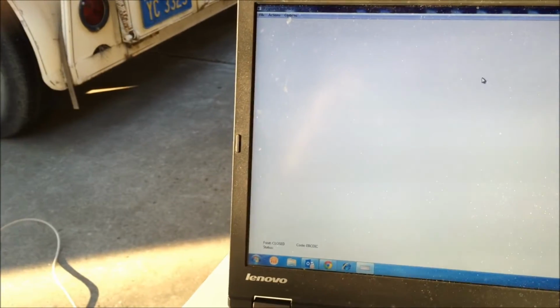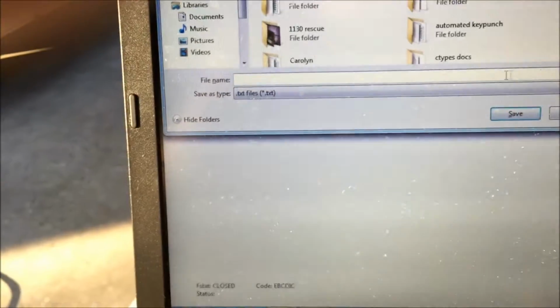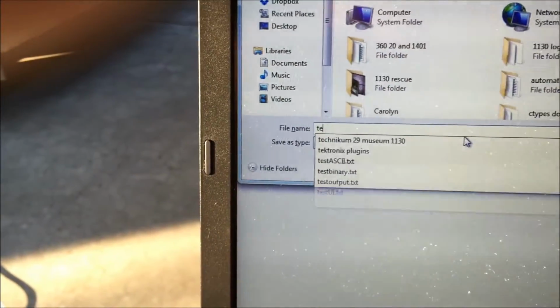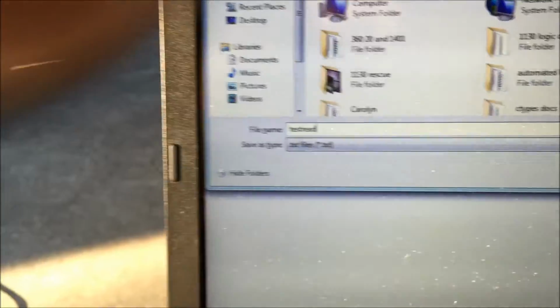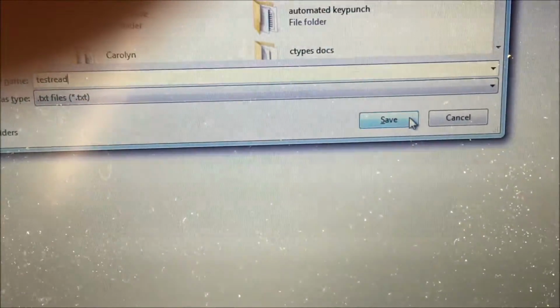And the way we're going to do that is we're going to first create a new file here. So in the program, I'm going to issue the file menu new, pick the kind of file that I want, this to be test read. So pick the name and tell it to open. So now it's ready, and to read, the card being read goes into the read station,